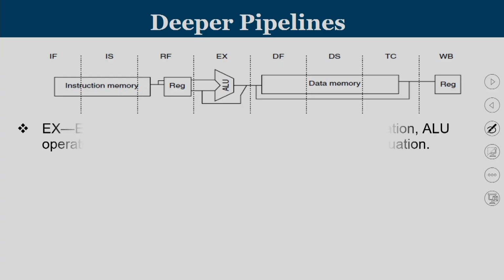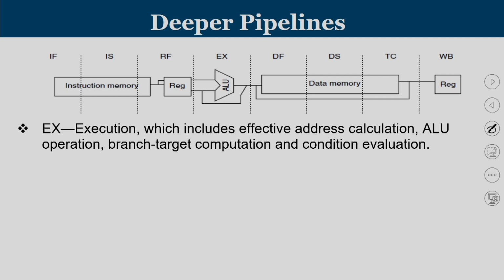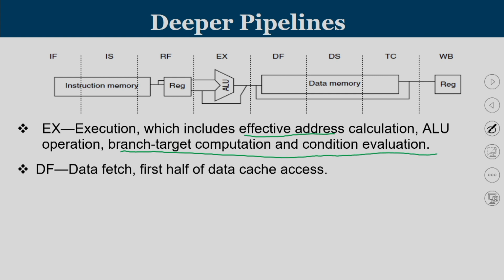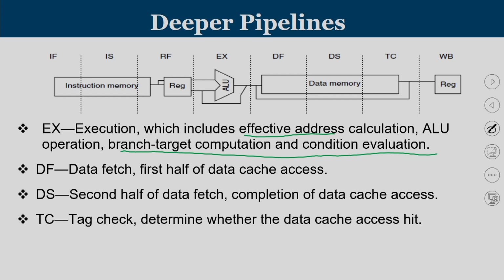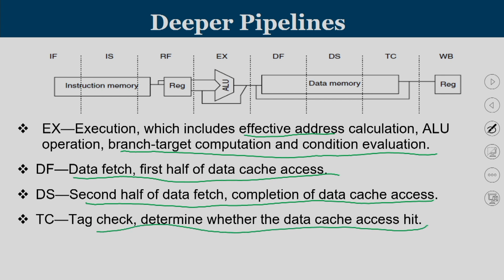Coming into the subsequent stage, the EX stage will take care of your normal execution if it is an ALU operation, or if it is a load or a store operation, it computes the effective address. If it is a branch instruction, then it does the branch target computation and condition evaluation. And then you have 3 stages to access the data memory. You have a data fetch that happens, keep the MDR value ready, and then the second half will take care of the second portion of data access, and then you check the tag comparison and all. We will learn more about the working of tags once we discuss cache memory.